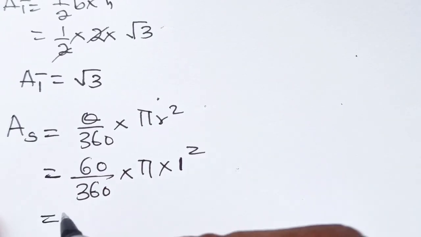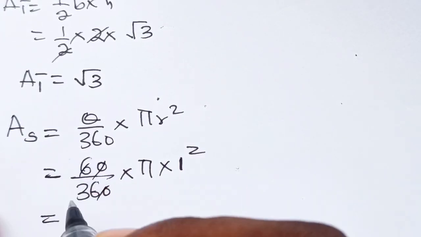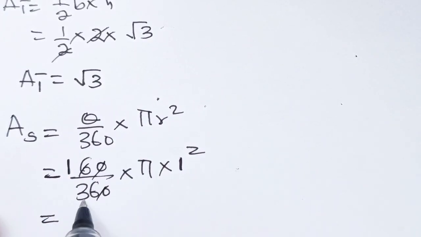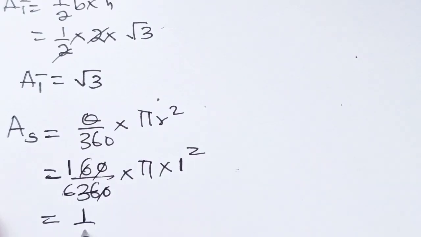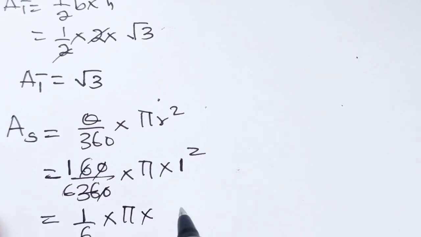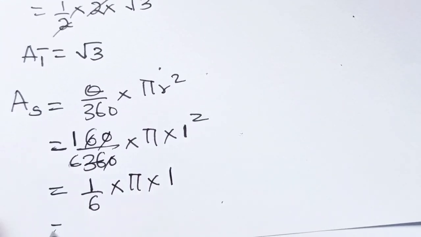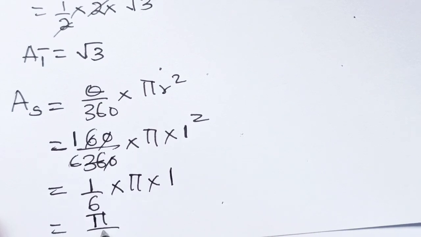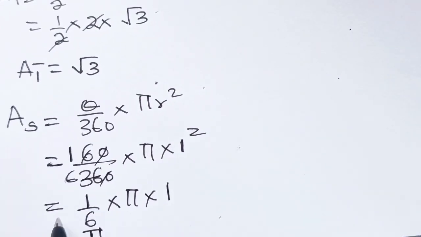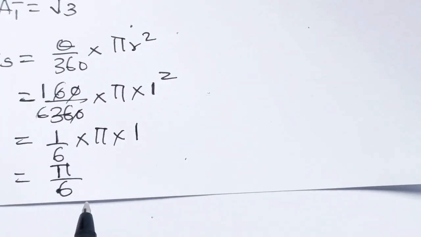If we solve this further, 6 divides itself to give 1, and 6 divides 36 to give us 6. So we have 1 over 6 times pi times 1. So this is equal to pi over 6. That means the area of one of the sectors is pi over 6. So to get the area of the 3 sectors,